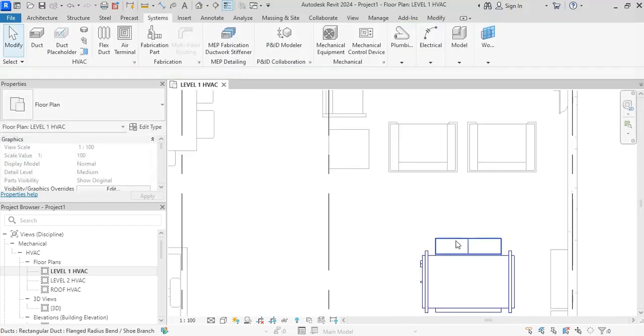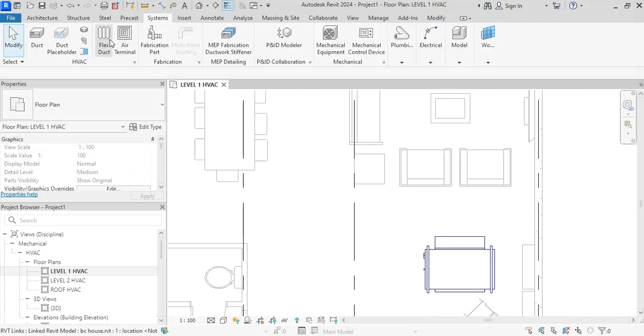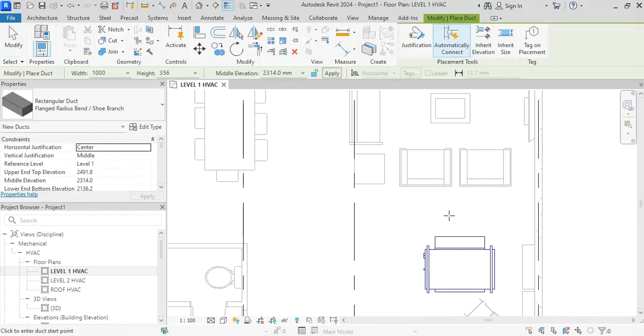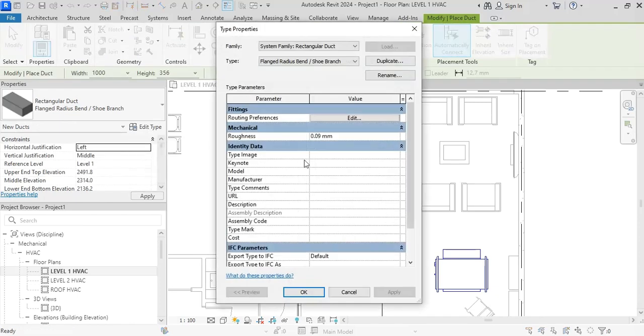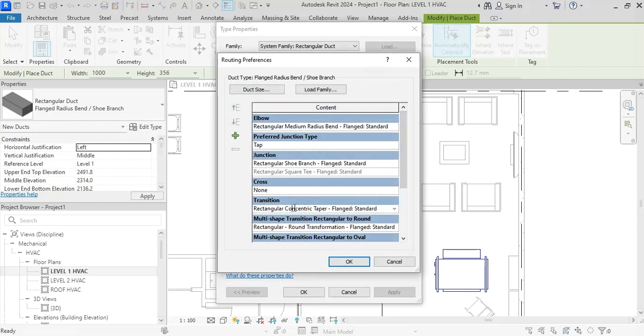Okay, and I press DT for duct, or I go to Duct from here, and I want to adjust my duct before starting drawing. First of all, I need it to be aligned to the left. Secondly, I press Edit Type, and then I need to adjust routing preferences, and I need my transition to be